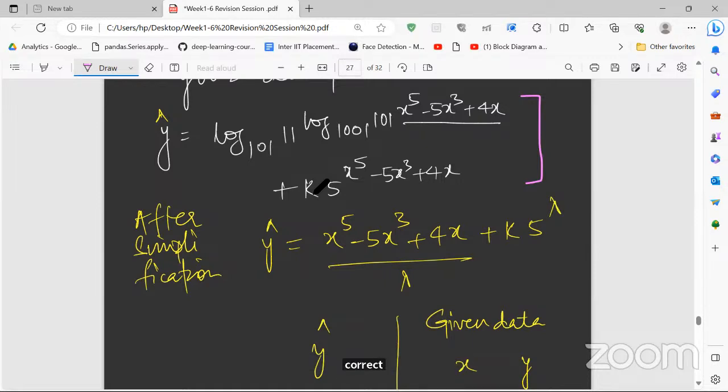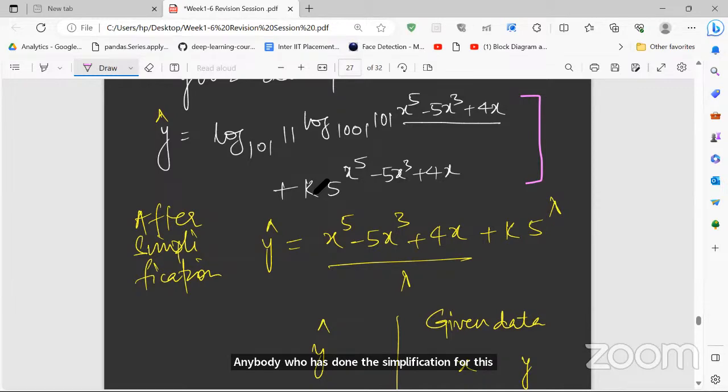Okay. But how will you simplify this equation? Whatever method you have told is totally correct. You will get some simpler equation, then put the value, calculate the error. You'll get some quadratic equation, calculate the vertex, or maybe just do the differentiation, equate it to 0, get the value of x. At that point only you will get the idea about the k. Has anybody done the simplification for this equation, or should I solve that?